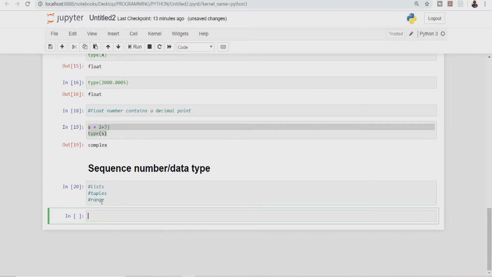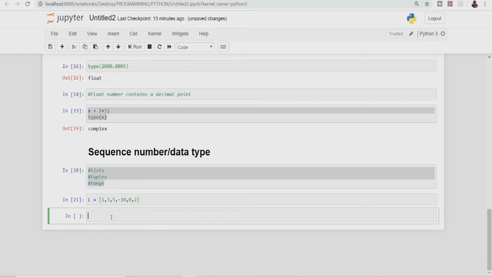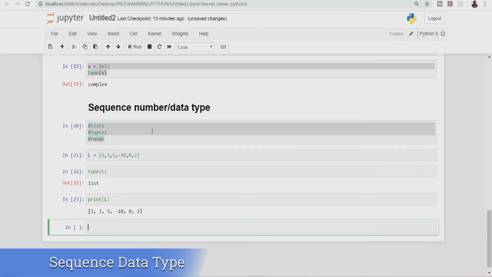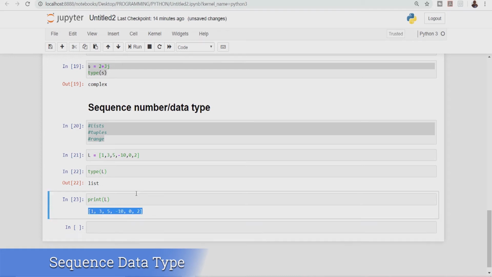Let's call L a list. A list is created by just using square brackets and then the terms inside, like 1, 3, 5, minus 10, 0, and then 2. It doesn't matter what order you represent these terms within the square brackets. If I run that and check the type of L, it tells me this is a list. Print is a function that gets the results and prints them on the screen. So if I print L, capital L, it will give me 1, 3, 5, minus 10, and so on,